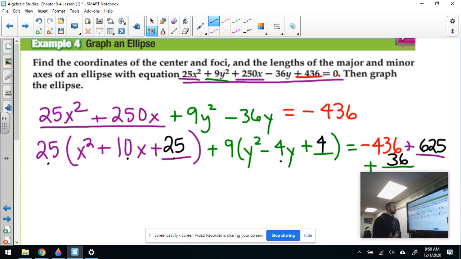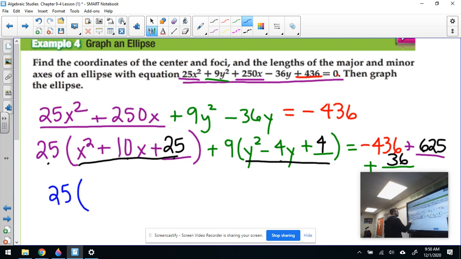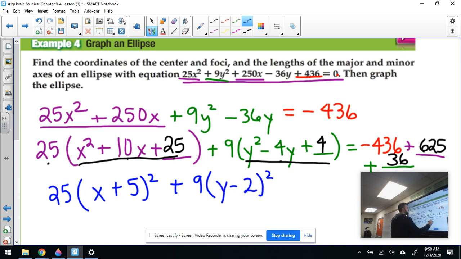And so now I've made it so to a point where these are perfect square trinomials, and so they actually form into something nice. That's a square. So let's look at that, okay? So right now I have 25 times this perfect square trinomial, which was x plus, and then whatever that half of 10 was, which was 5 squared, plus 9 times, well, that half of negative 4 was negative 2, so it'd be y minus 2 squared is equal to,